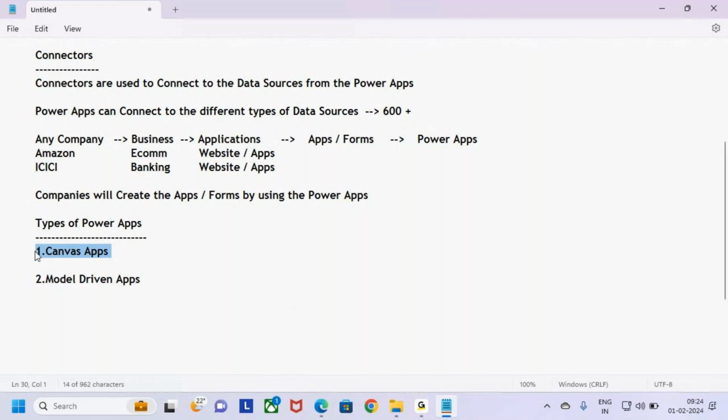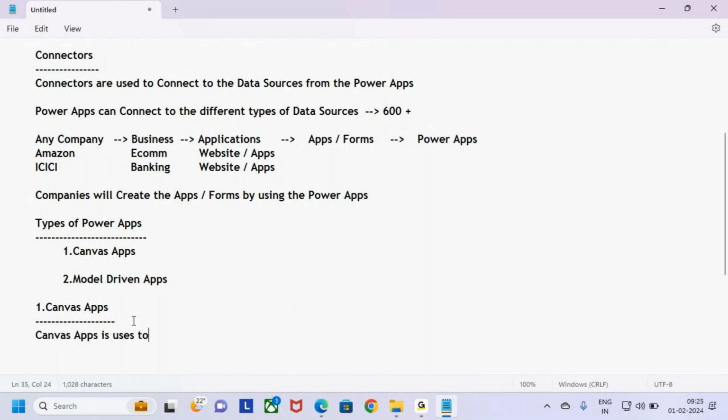First, let me discuss what is this Canvas apps. What is the functionality of this Canvas apps? Canvas apps is used to build the apps or forms